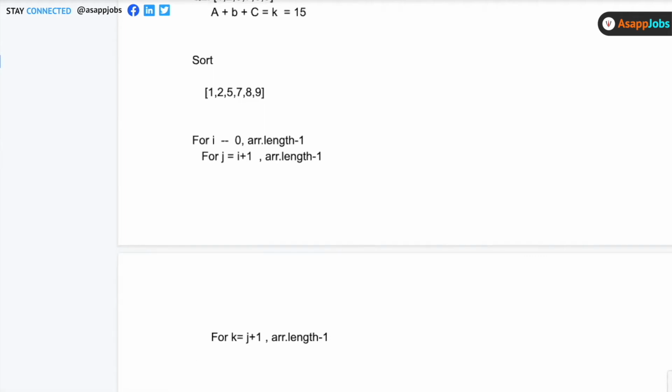Why length minus 3? It should go till n, right? In the outer loop I have fixed the position of i equal to 0. In the second loop I have set the value of j as 1. So 0 and 1 are fixed, and k will go till the last position, right?